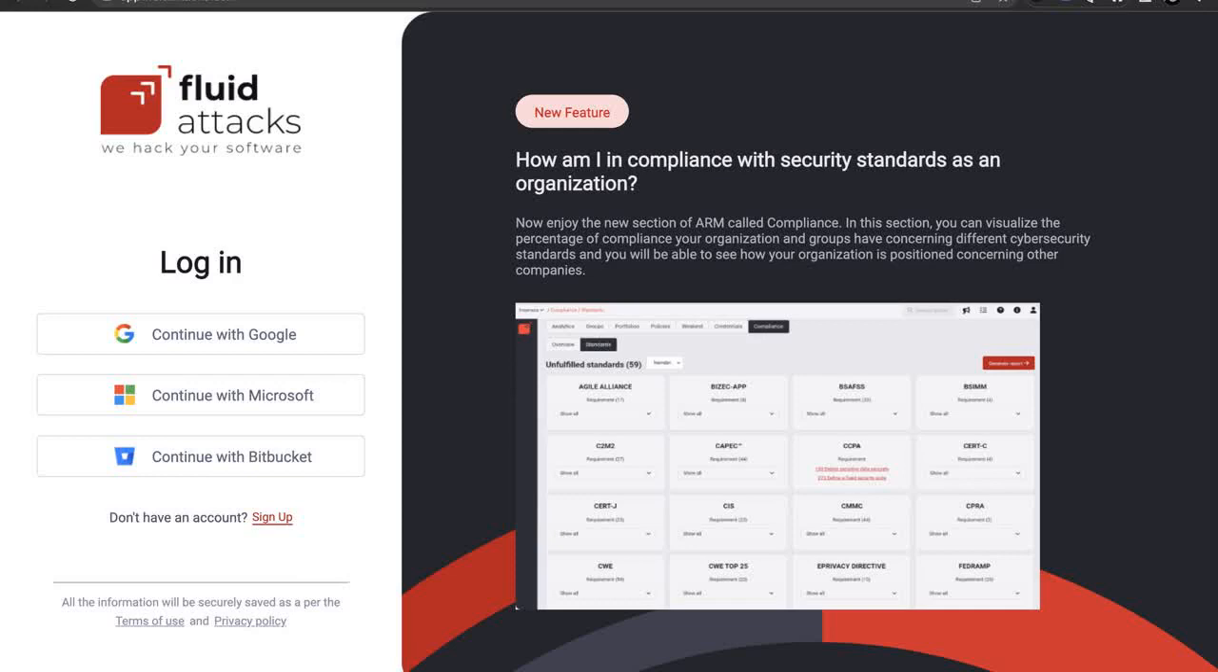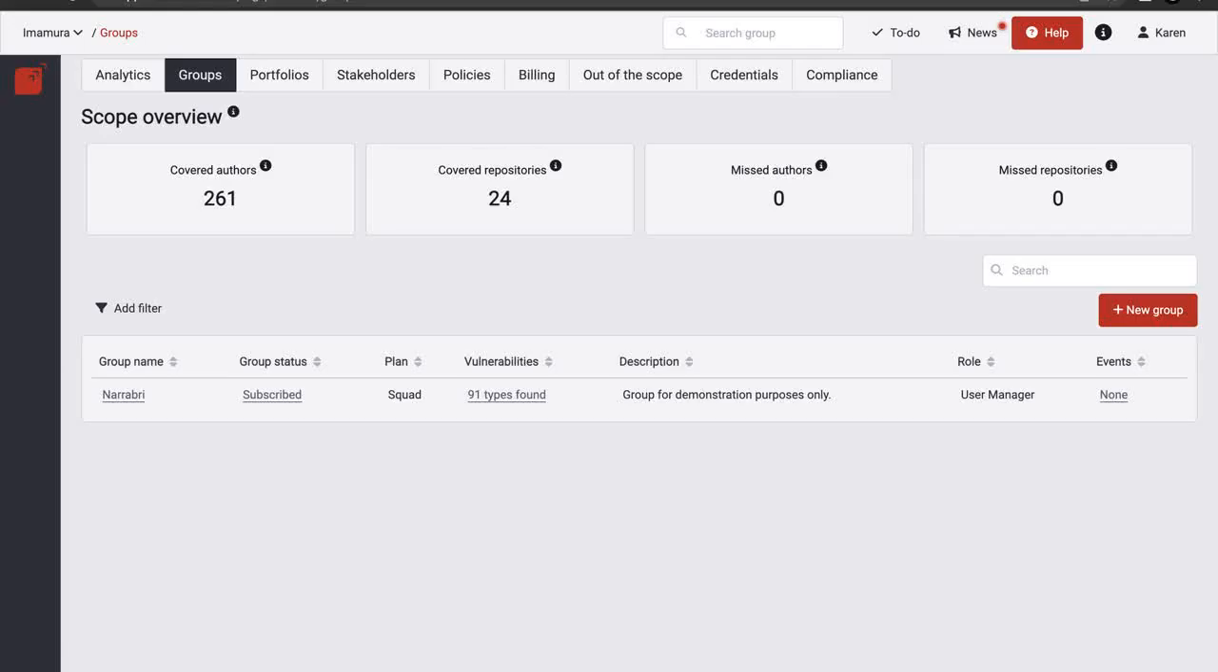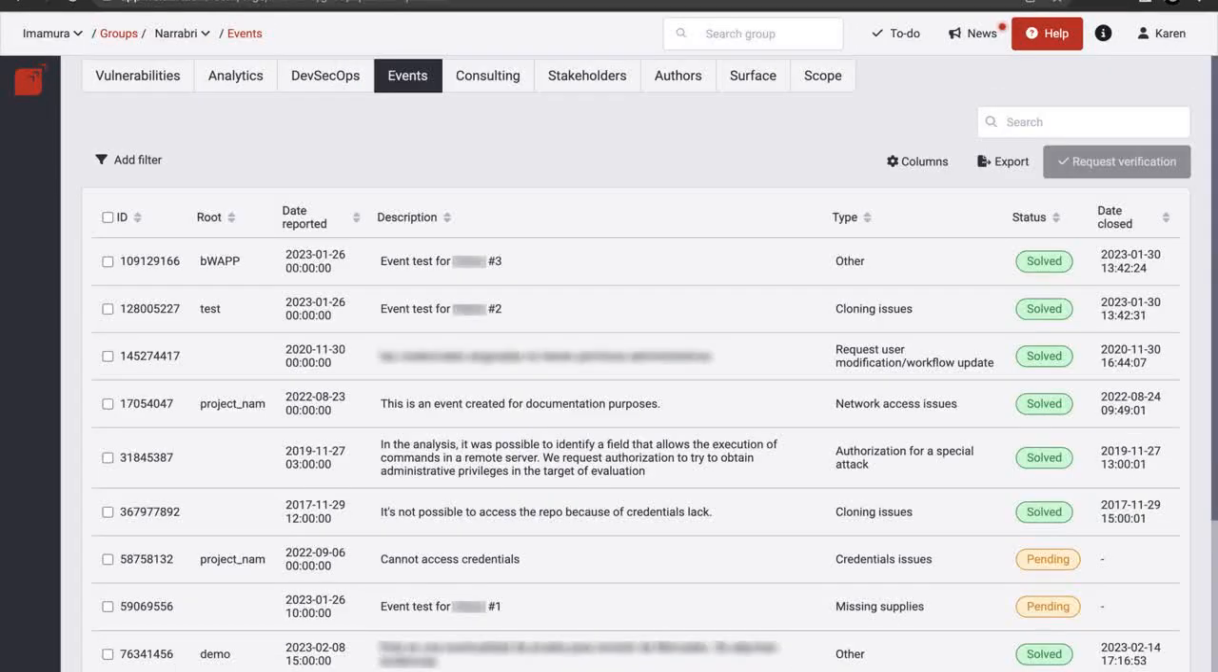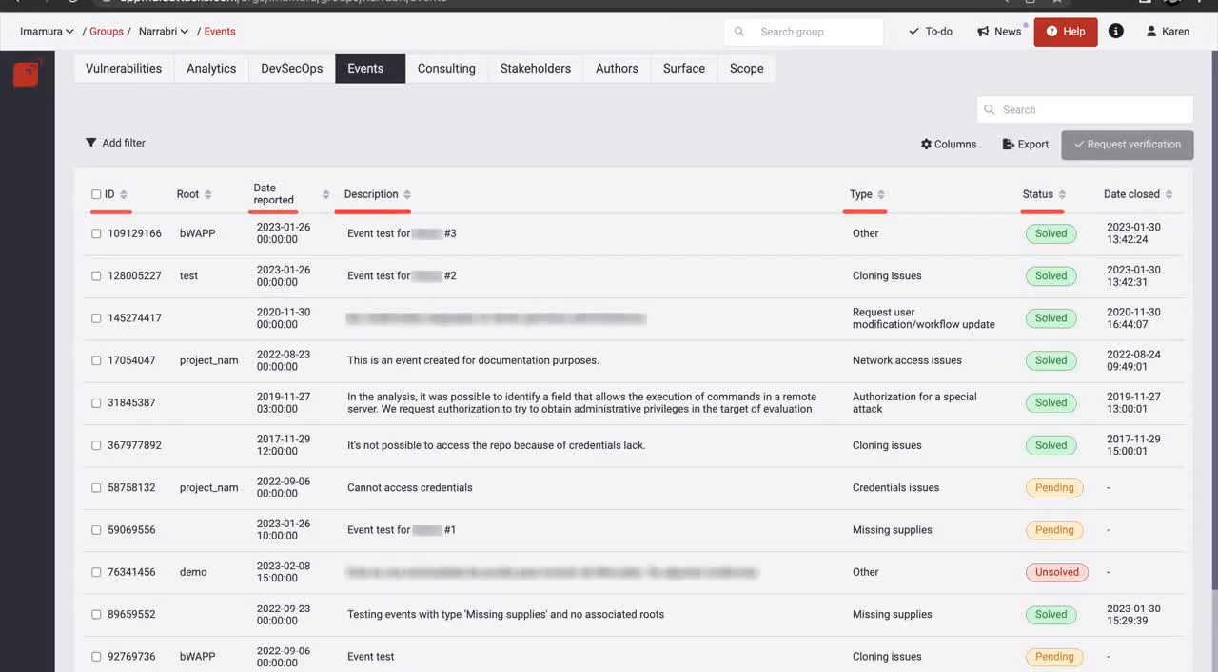Your responsibility is to remain attentive to their occurrence and solve them as soon as possible so that we can continue to assess your systems. To see the list of solved and unsolved events in one of your groups, you need to access its Events section. This table shows you data such as the event ID, the date it was reported, its description, the affected